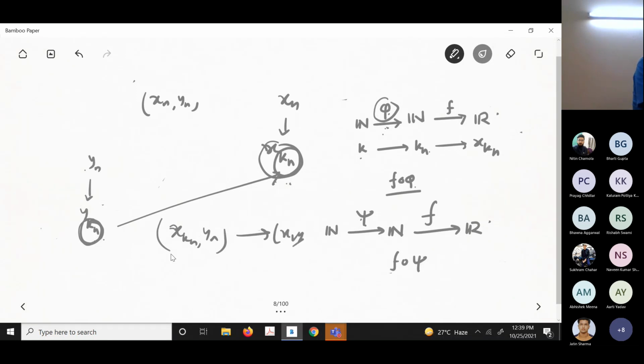If you have this, then it's not a problem. The only thing is that this kn you cannot choose. Then what will you do? That's the question. That is the simple trick. Look, I can't do it. I explained that the functions are different, so actually you are not allowed to use the same notation. But how to overcome this? Now look, what I will do.